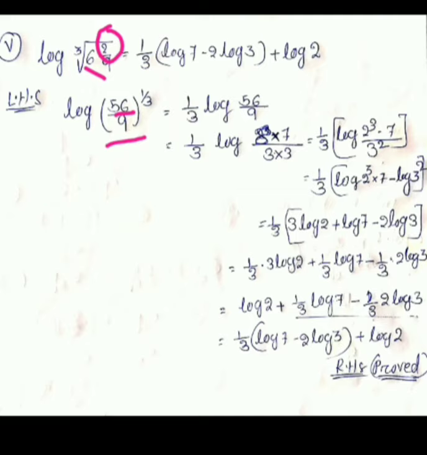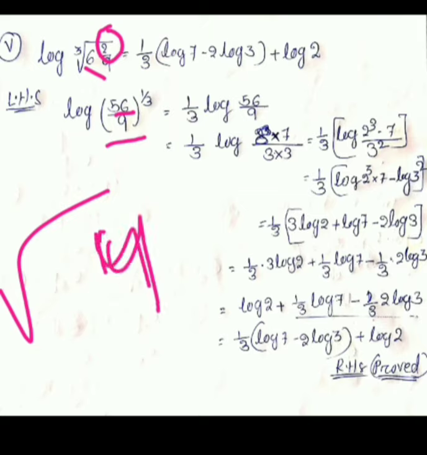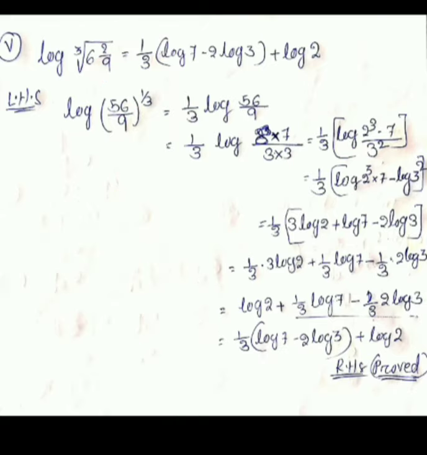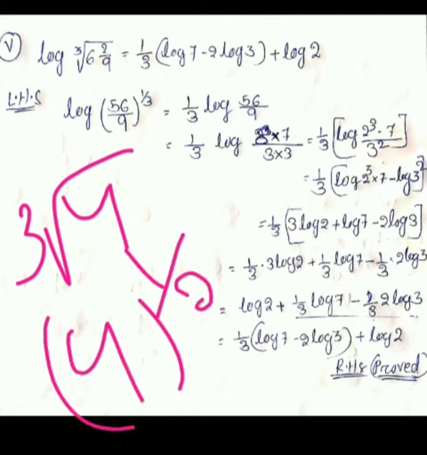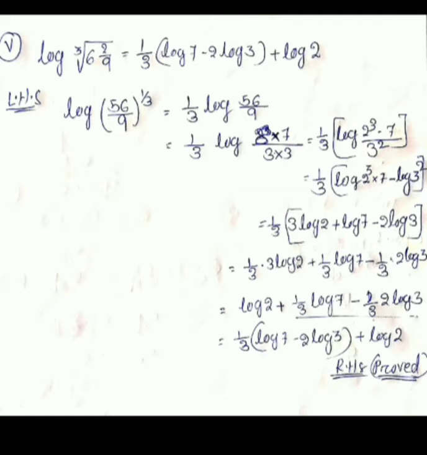cube root you can write as 1 by 3. How? Root over means we can write to the power, root of 4 you can write 4 to the power 1 by 2, and cube root of 4 means you can write 4 whole 1 by 3. Same as like that we have written here. Okay, now you can use the power law. Using the power law we can write it